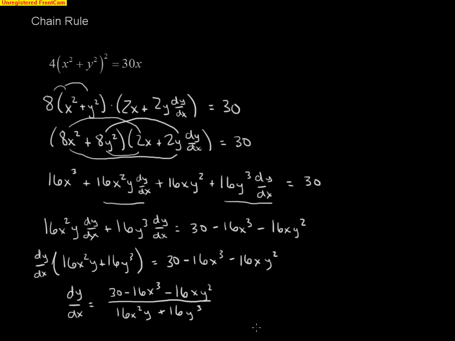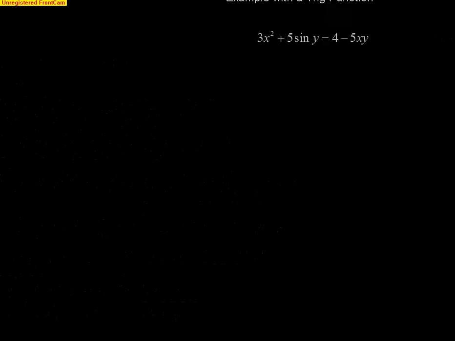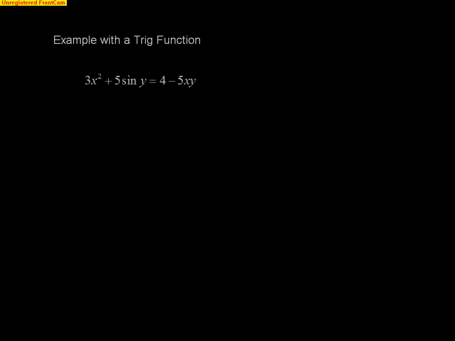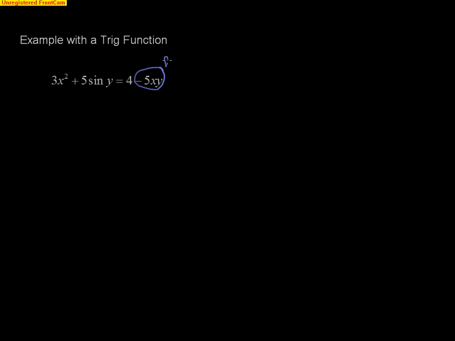Alright, so let's see here. We did one with the chain rule. We got one in here with a trig function. Same thing here, but if you notice, hopefully you did, right away before we even started here, we've got a product rule right here. So we're going to practice that one again. Alright, so the derivative of 3x squared is going to be 6x. What's the derivative of sine? That's cosine. So we're going to have 5 cosine,